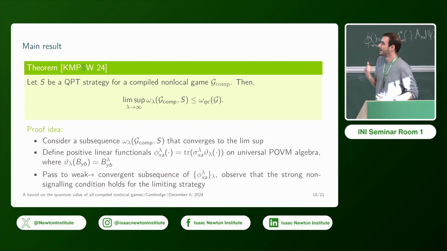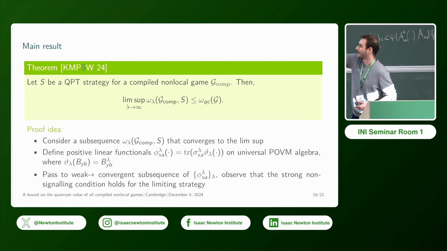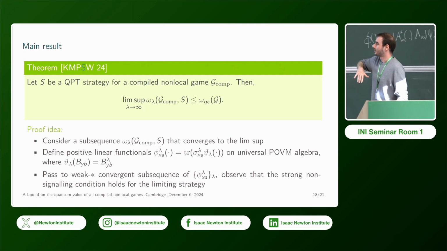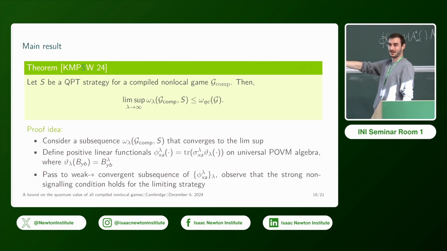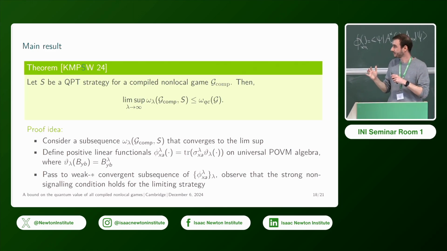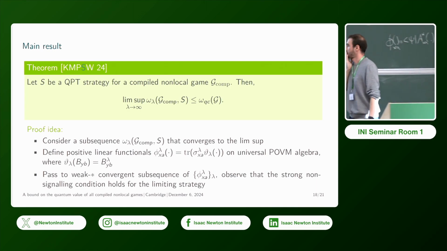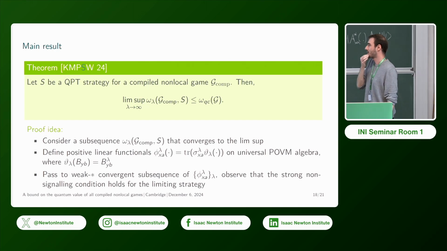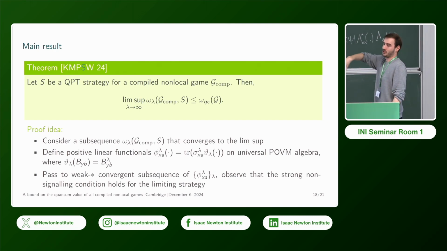Now I have some positive linear functionals just on one C-star algebra, and it's not so hard to show that the norm is less or equal to 1, so I have some unit ball, and then I can use Banach-Alaoglu to actually just go to a weak star convergent subsequence of those functionals that are now on this universal POVM algebra. Okay, but then, weak star convergence basically means that it's like pointwise convergence, and then if I look again